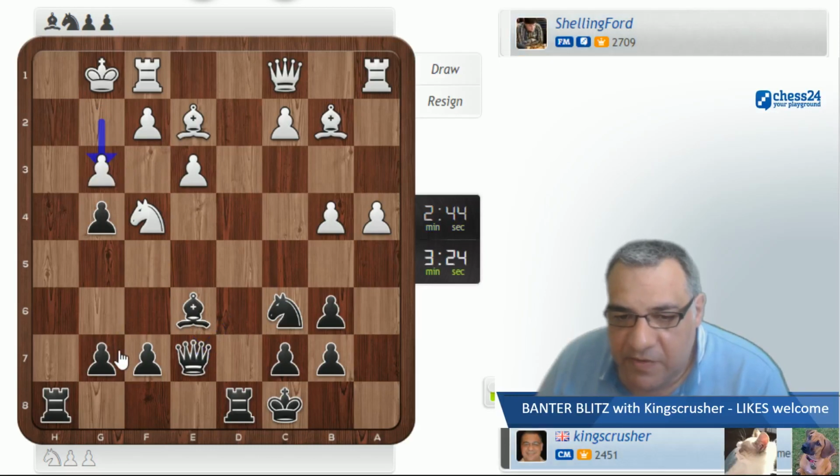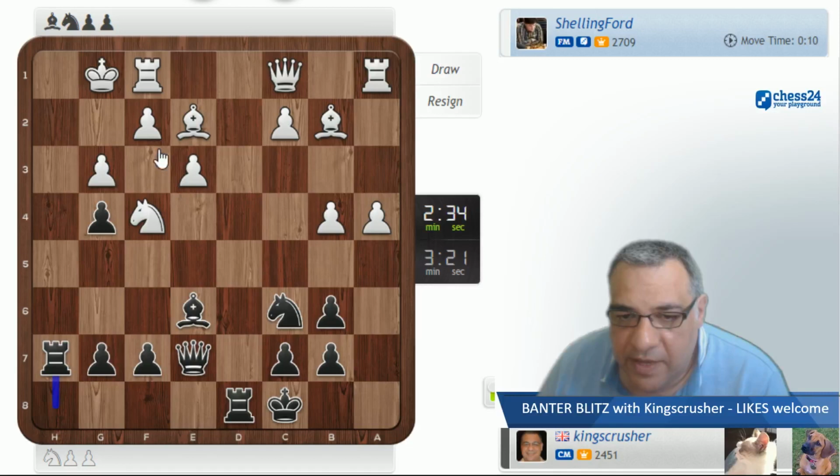There might be some stuff going on in the h file. It starts with the unpinning for sure. So g5, or maybe just doubling the rooks. Takes rook h1, queen e4, f3, ef, bishop f3. If I double here,